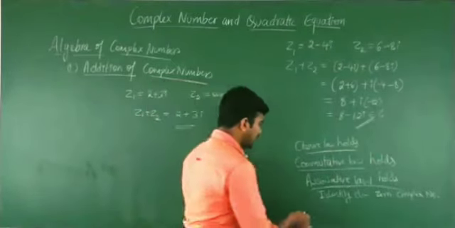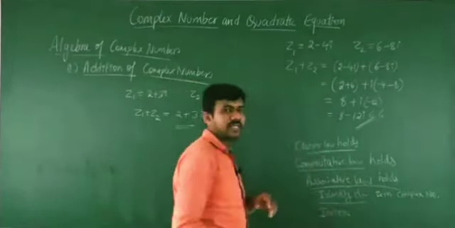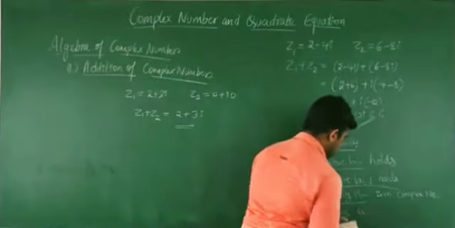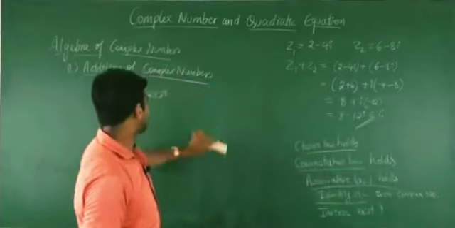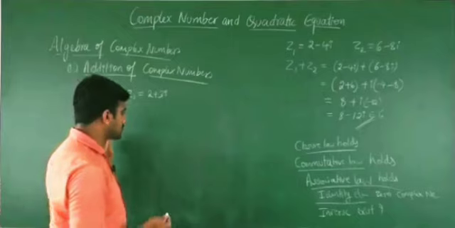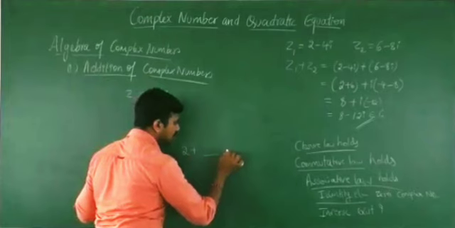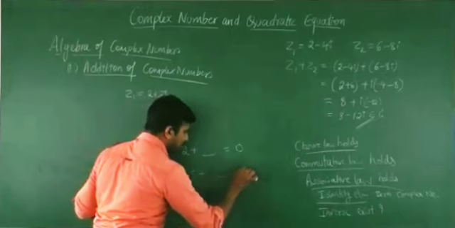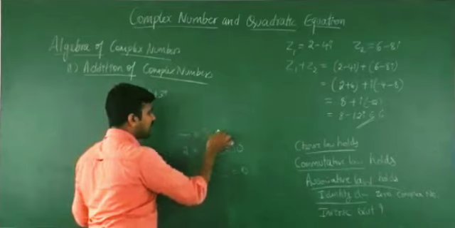Okay. The last one, inverse. Whether inverse law holds, whether inverse exists or not. I have to check. Okay. So, in addition of real number, we can check the inverse exists or not. See, here if you have 2, which number should I add to get 0? Or if you have 5, which number should I add to get 0? Or if you have some number, with which number takes the value 0?